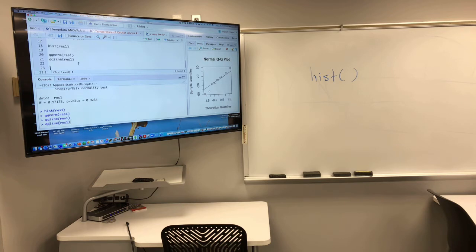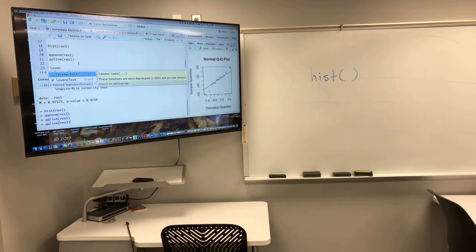So keep in mind that the first one doesn't work anymore, and it gives you a little error. These functions were deprecated in 2009 and are now defunct, so don't use it. Now, don't ask me why it gives you that as your first choice. Seems like if it's defunct and you shouldn't be using it, they just shouldn't give you that as an option. If you're using tab complete, use the second one, and then